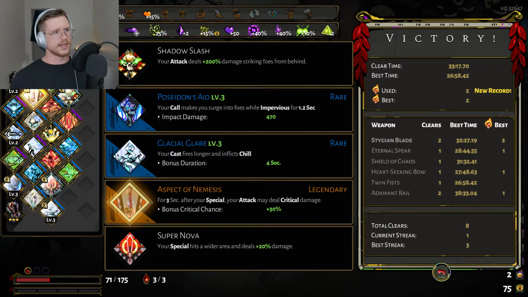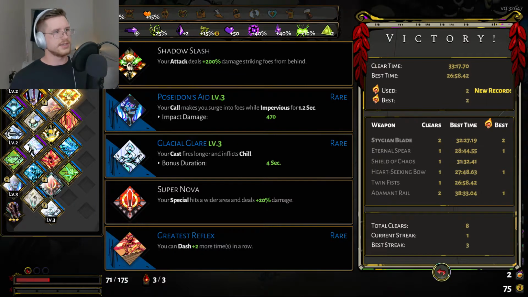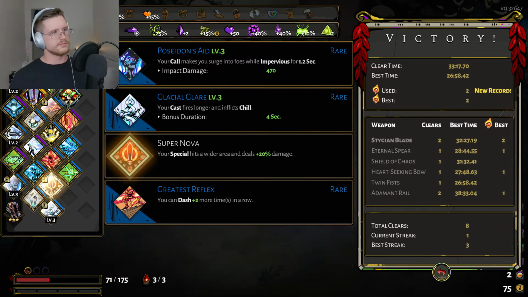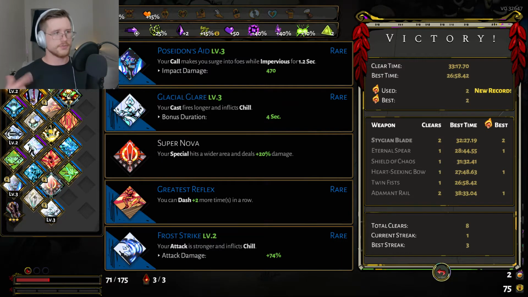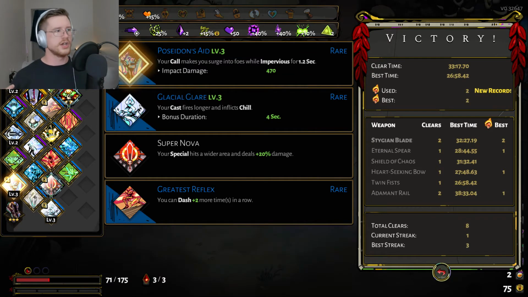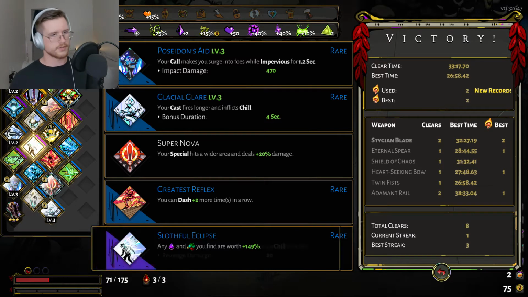So, yeah, I guess this is saying what my key... I don't know why you can select these and turn them off and stuff like that. Yeah, I don't know what that's supposed to do. So maybe we'll just go over really quickly. We got our Frost Strike, Tempest Flourish, Crystal Beam, Hunter Dash, Poseidon's Aid, which is really nice, Aspect of the Nemesis, Slothful Eclipse, which is...